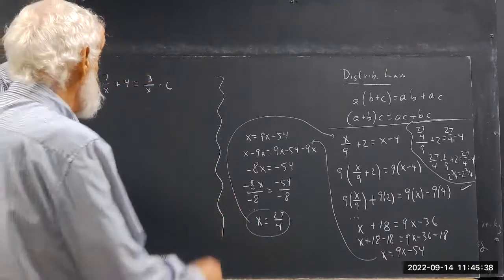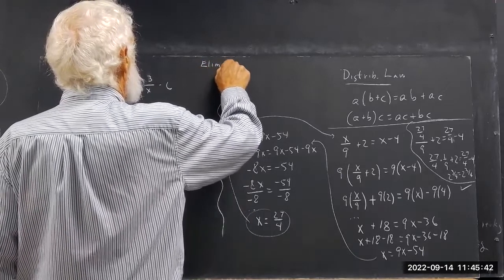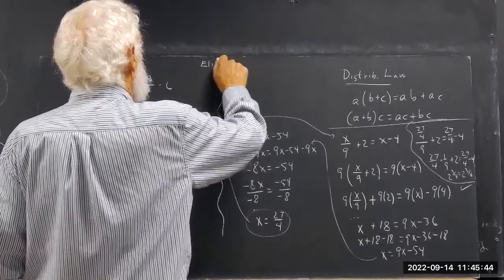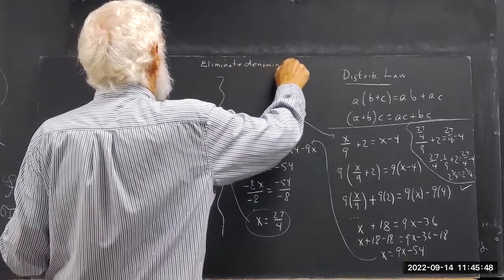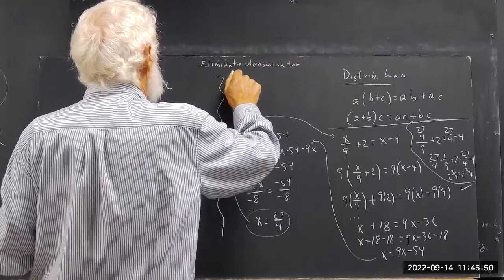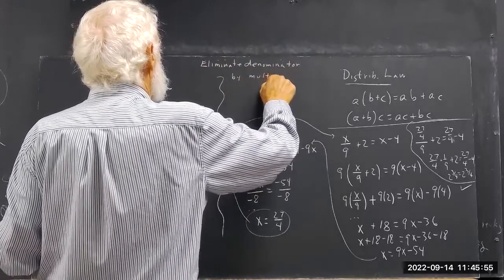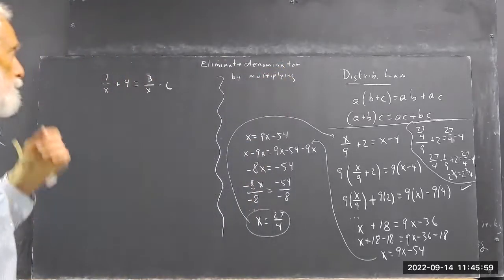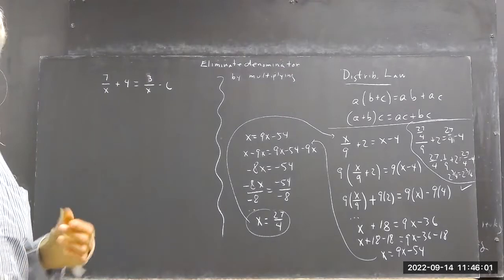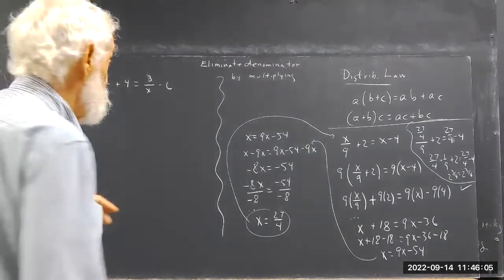The way I wrote that before is eliminate the denominator by multiplying. That was the short statement I gave you last time. The longer statement